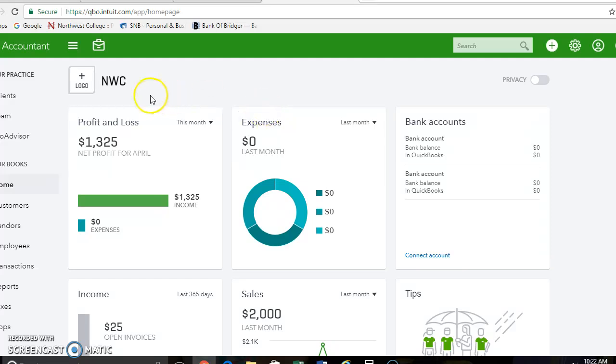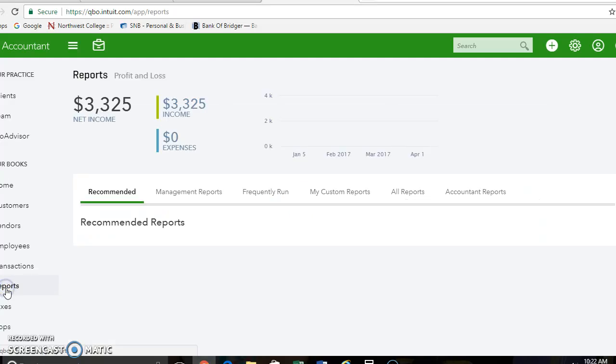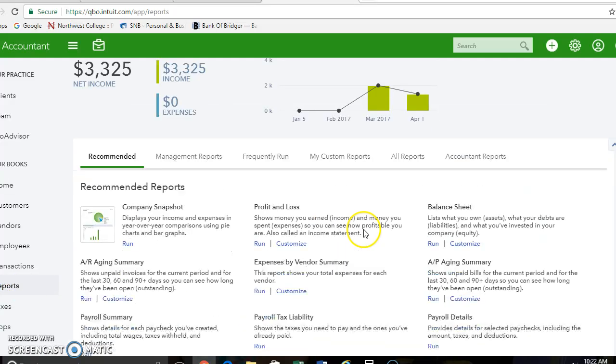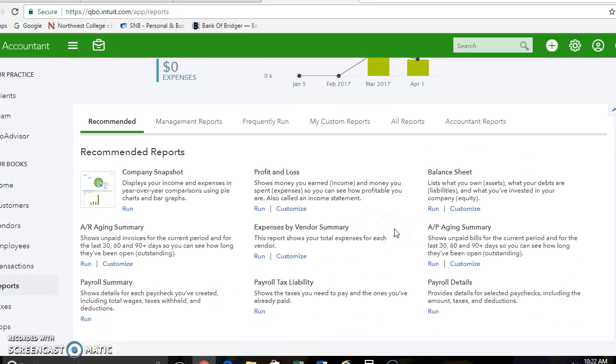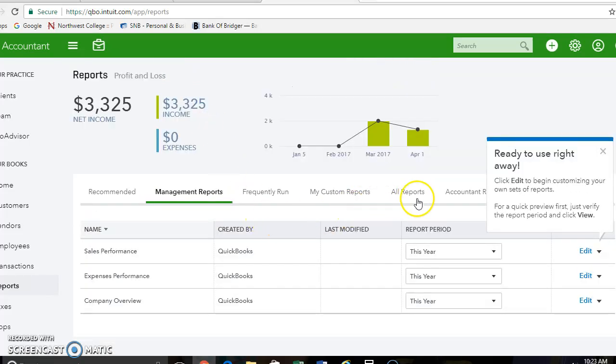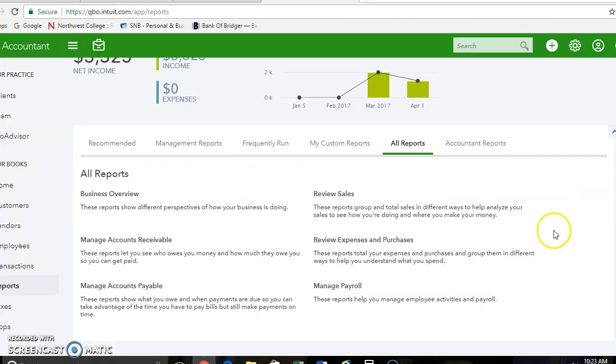From there, I'd like you to go to the reports page. For the reports, you can look around and run different things to look at your business. This company snapshot shows you a lot of different things in chart form. What I'd like for you to do is, I think it's under all reports,